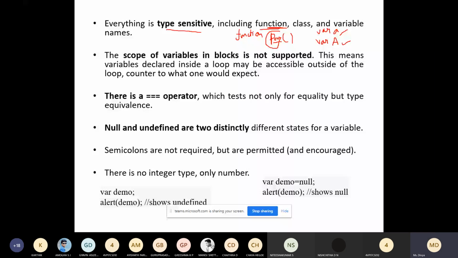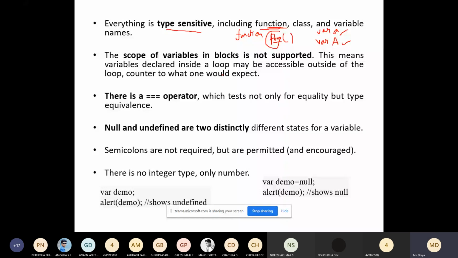Scope of the variable in a block is not supported. That means a variable which is declared inside the loop may be accessible outside of the loop, counter to what one could expect. We have studied the scope of the variable, right?